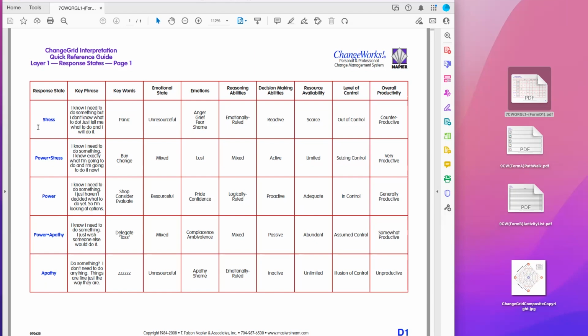You just make sure you do it, because any time you spend up here is going to reinforce your comfort with being up here. And again, last time I'll say it, any decision that you make while up in stress is very, very unlikely to be the right decision, the best decision, even a decent decision, because decision-making abilities up here are reactive. They're all based on emotions. Those emotions are unresourceful. Any decision that you make that turns out to be right, we will tell you, you've just experienced luck. You were lucky enough to stumble across something that will work for you,